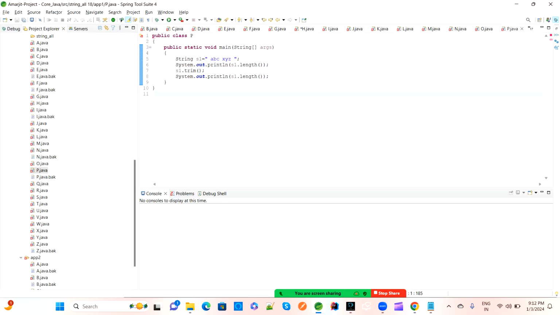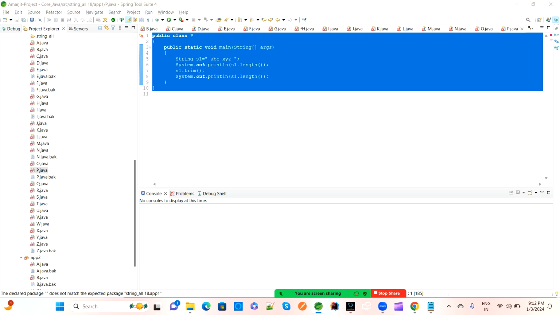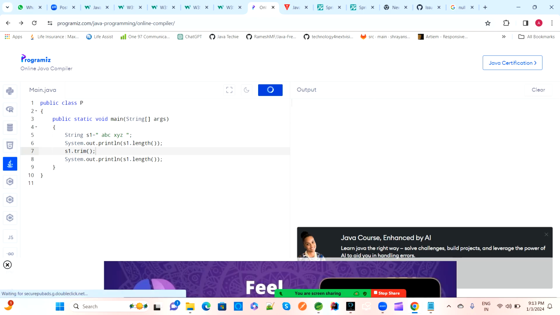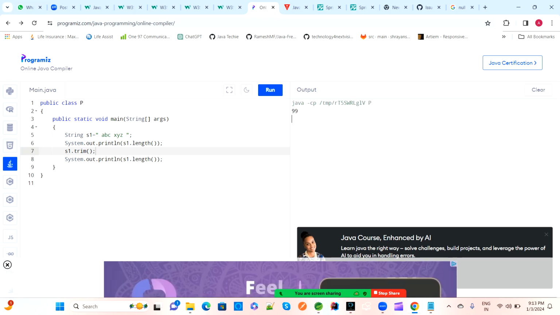So see here in this example, there is some issue, sometimes a different 99 is coming, 6 will be there, this one dot trim. So if we do s2,